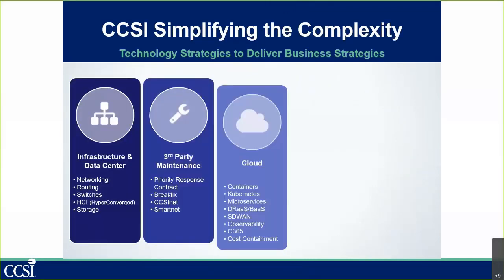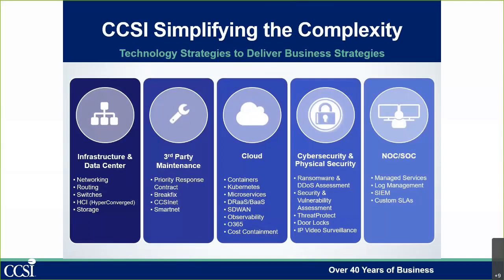So just really quick about CCSI. CCSI has been in business for 40 years, and we provide infrastructure and data center services like networking, routing, switching. We do third-party maintenance for people that are local to us. We can even come on site and do break fix and priority response. We have a full cloud practice, and we are cloud agnostic: AWS, Google, Azure. We do containers, Kubernetes, other microservices, disaster recovery as a service, backup as a service, and a full suite of observability products. We have a full 24/7 SOC and cybersecurity practice where we can protect against ransomware, DDoS, security vulnerability,